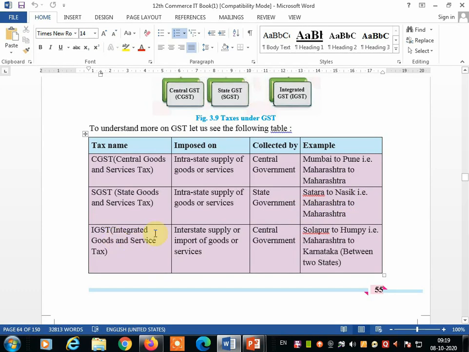And Integrated Goods and Services Tax, that is IGST, on interstate supply or import of goods or services, collected by the central government.